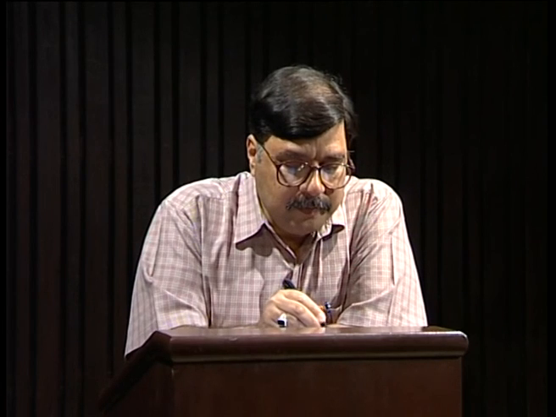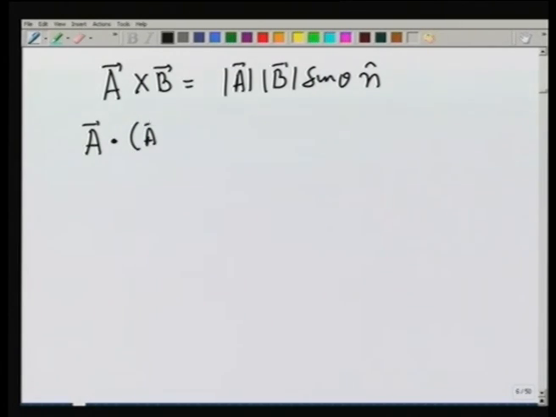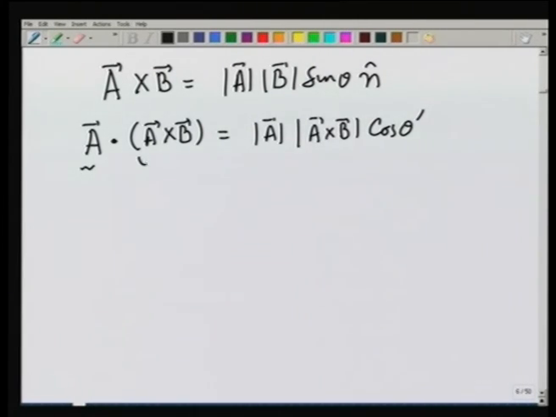Since A cross B is equal to modulus A modulus B sin theta n, where n is perpendicular to both A and B, that means that A dot A cross B, which is equal to modulus of A cross B cosine of theta, let us call it theta prime, because now this is the angle between A and A cross B, should be